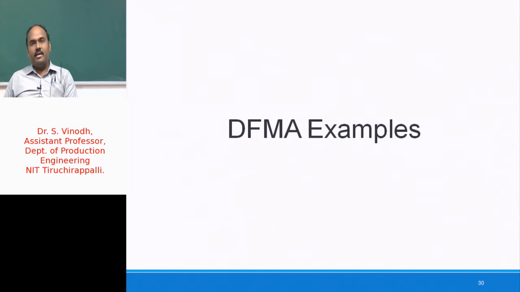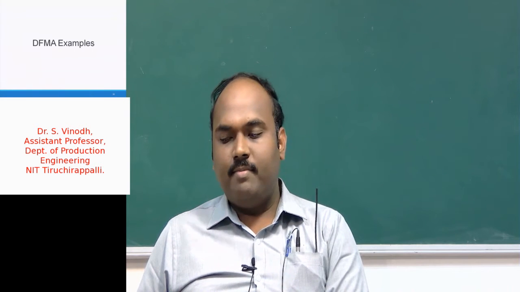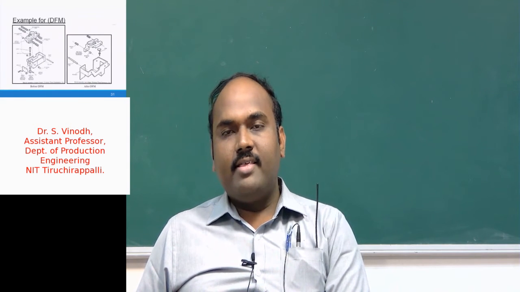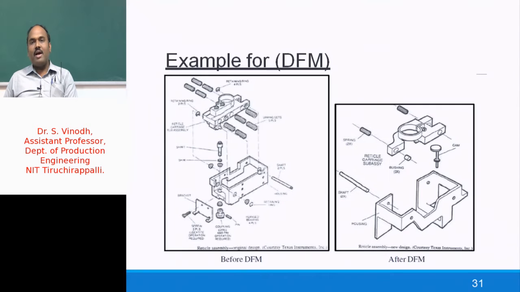These are certain guidelines where we have seen the proven guidelines for design for manufacturing and assembly. Next, we will go through certain examples of DFMA. This is an example which clearly shows a before-after scenario of DFM, where we could see on the right side the number of parts are being minimized, as well the complexity of the design has been minimized, thereby the manufacturability and assembly will be ensured. This is one of the standard examples which is being given in the literature to depict the DFM.